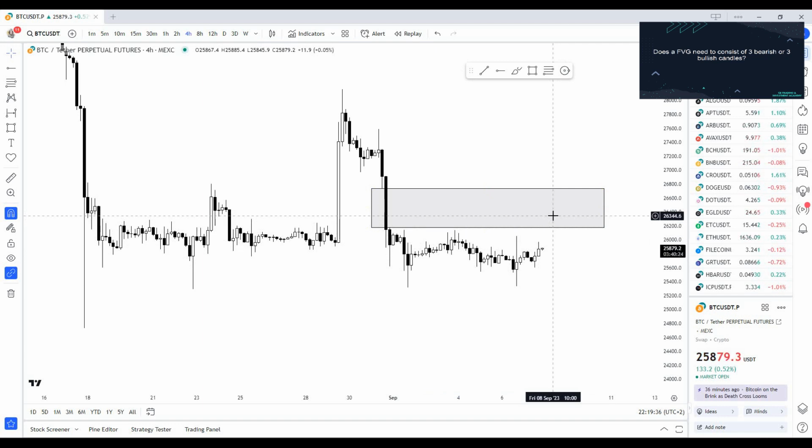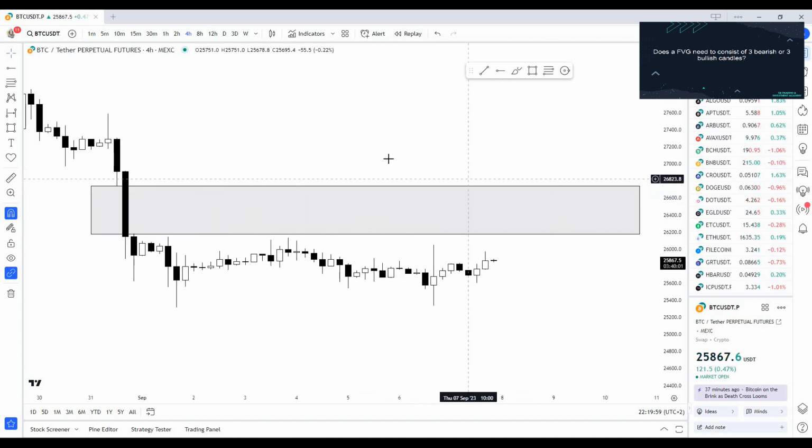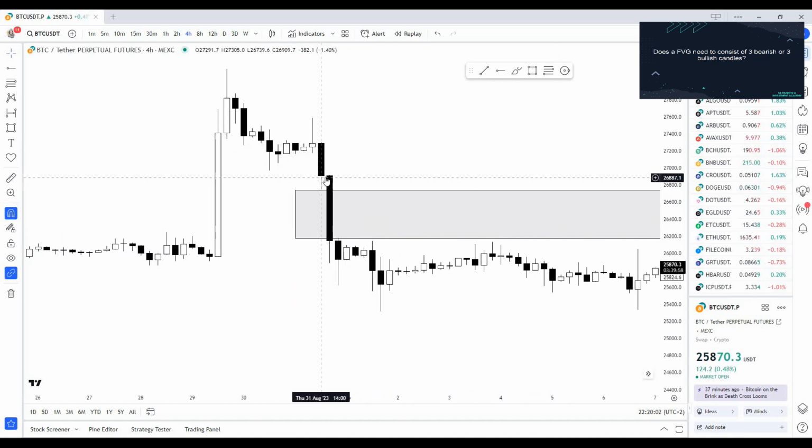And the question Crypto asked was, does the 3 candles of a fair value gap, because a fair value gap consists always of 3 candles, where the first and the third candle their wicks don't overlap each other. So as you can see here, if I zoom in, we have one bearish candle, a second bearish candle, and a third bearish candle, and you see the wick from the third candle left a gap between the third and the first candle wick. So that means here's a fair value gap,